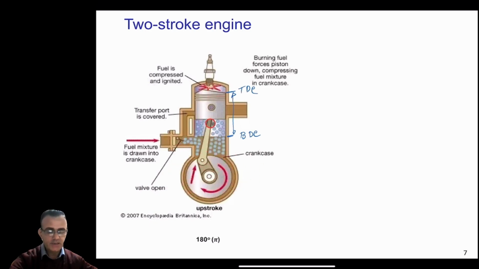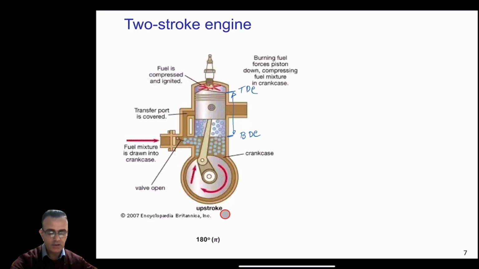So now, as you can see, in case of a 2-stroke engine, you have this crankcase, and then you have this sort of port here, and the air fuel mixture will come through this port. And now you also have this transfer port. The transfer port is where the fuel is moving from here to here. And again, you have the spark plug here.